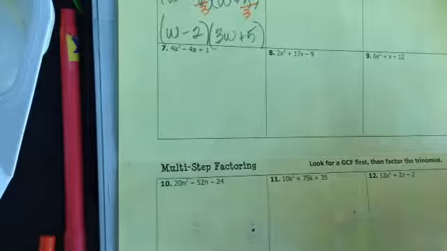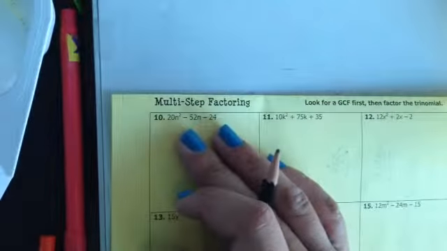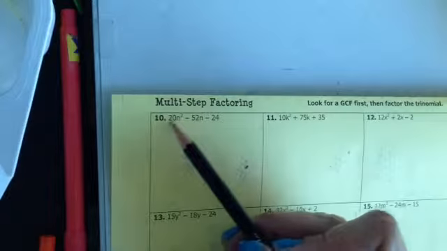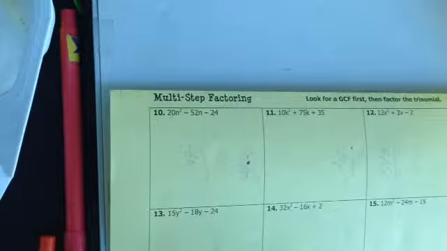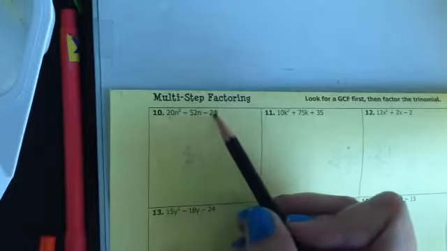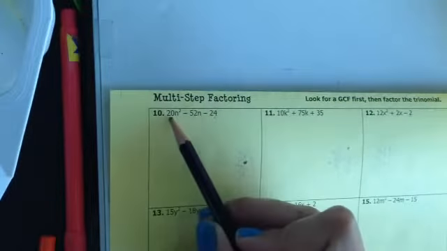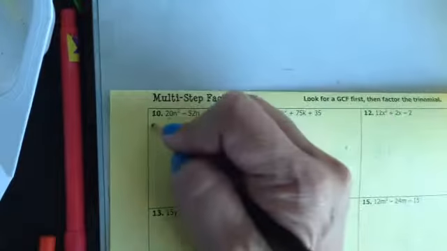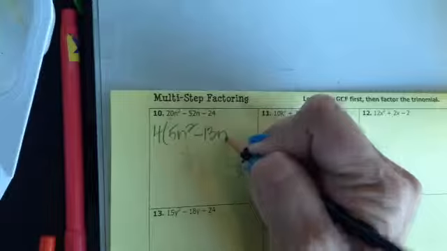I'm going to move down here to number 10 in the multi-step factoring group, and we'll practice a couple of these together. So with the multi-step factoring, the first thing that I want to do is look at all these coefficients a, b, and c. There's got to be a greatest common factor, at least 2, because they're even numbers. If I factored out 2, I'd get 10, 26, and 12. I'm thinking maybe 4 might be the greatest common factor. Let me see. 20 divided by 4 would leave me with 5. I think that's going to be it. 5n squared minus 13n